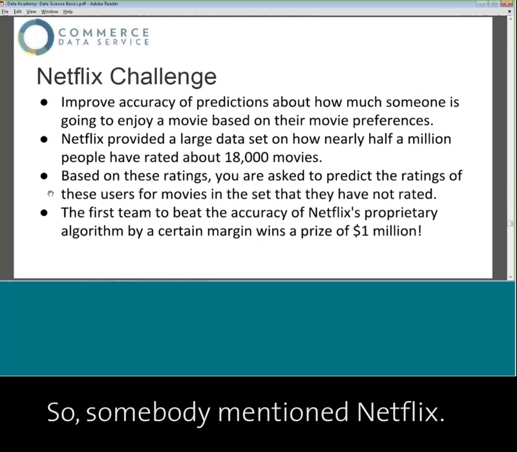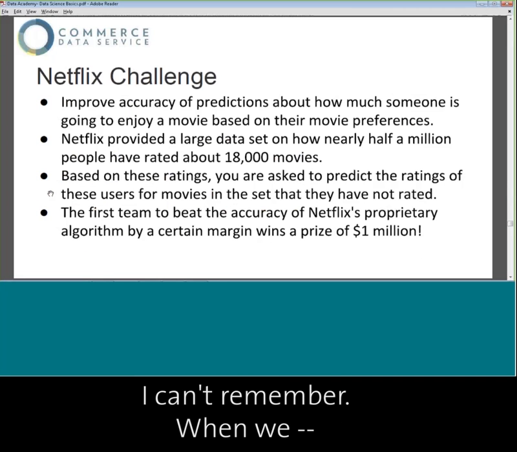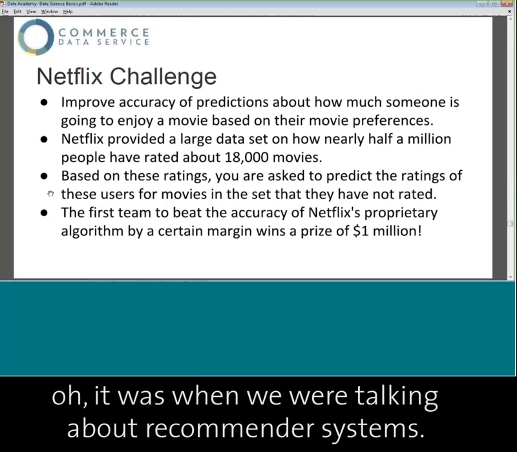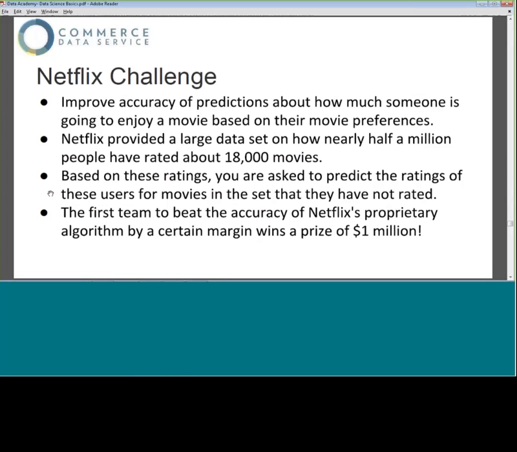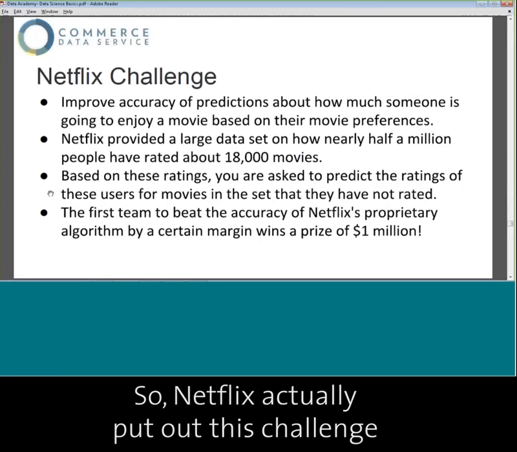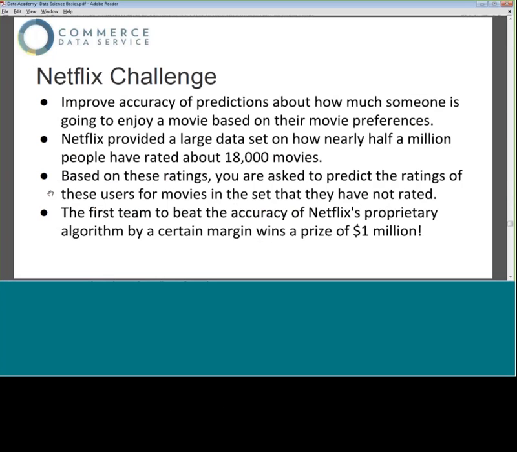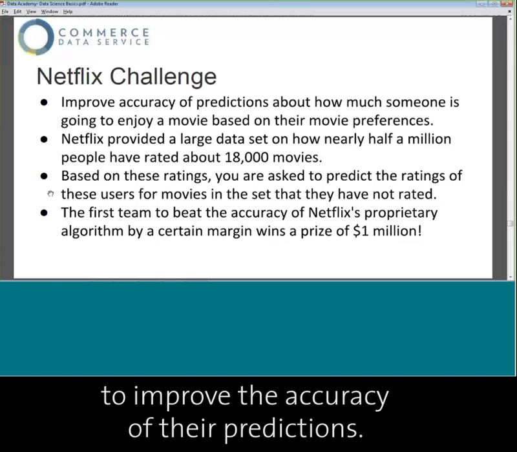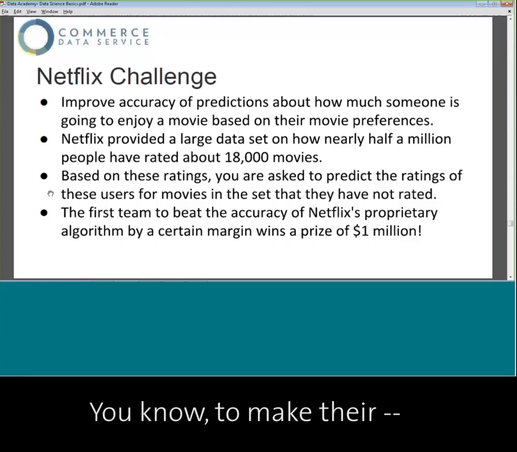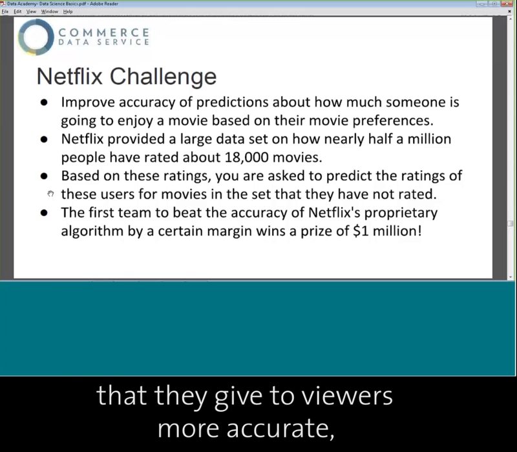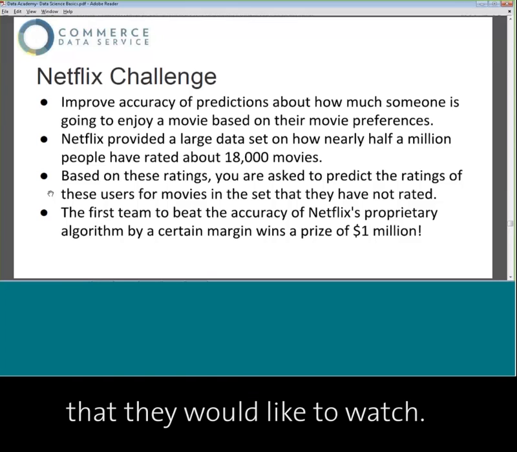So somebody mentioned Netflix. Can't remember. It was when we were talking about recommender systems. Netflix actually put out this challenge a couple of years ago, and they challenged the community to improve the accuracy of their predictions, to make the recommendations that they give to viewers more accurate about what kinds of movies they would like